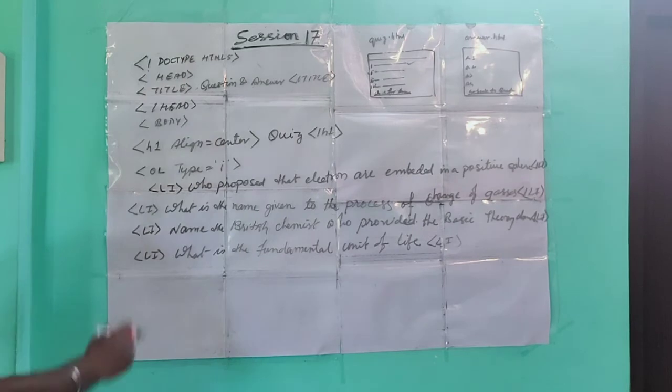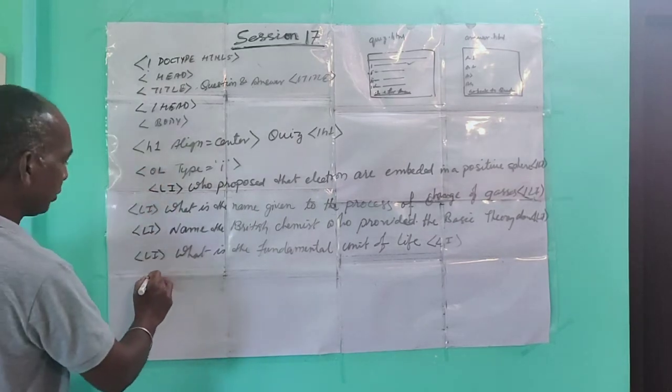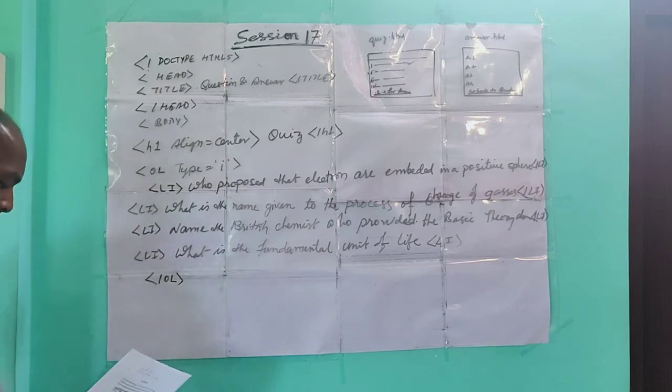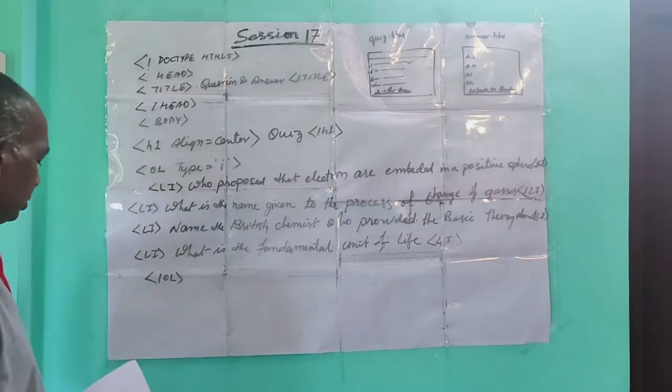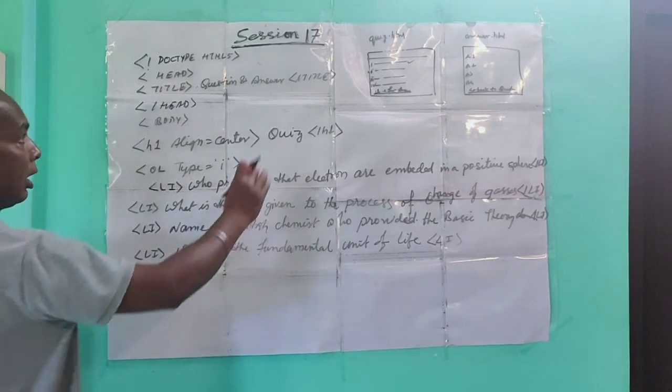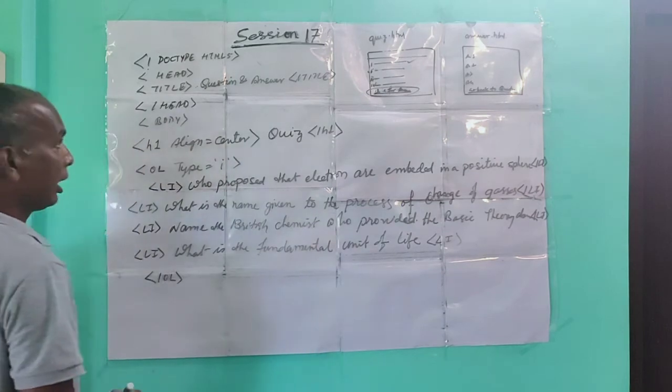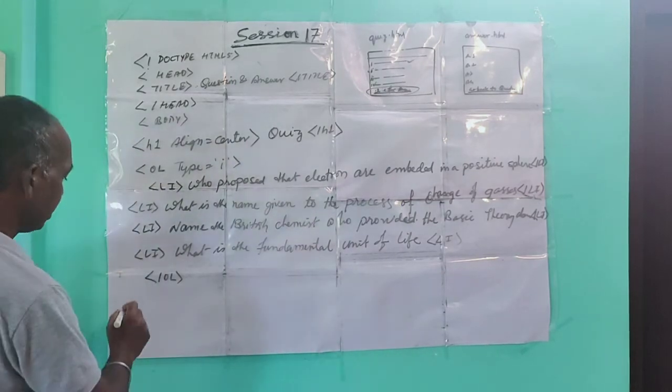Okay. After that, this is finished, then close. OL is a control tag, so we must close it. Clear? After that, close OL. So yeah, our work is finished. So this one is left, and for that we have to link it.